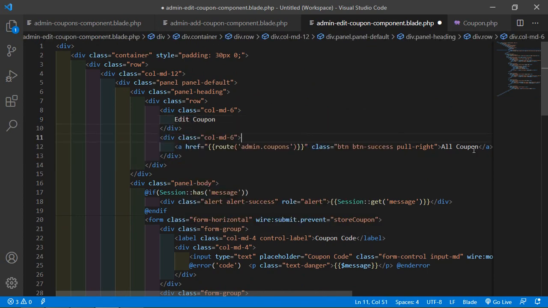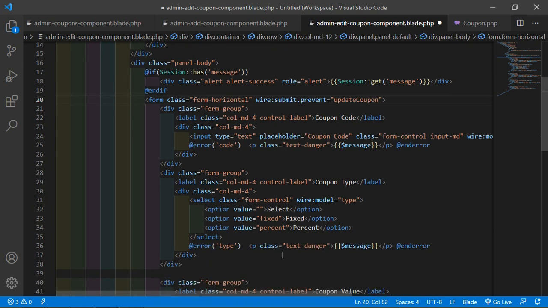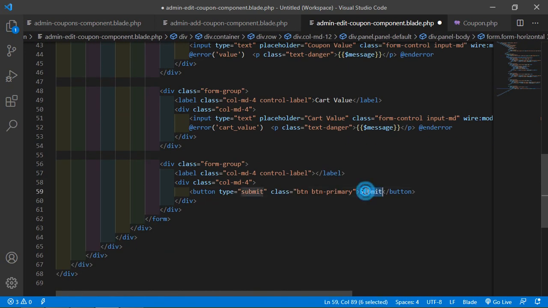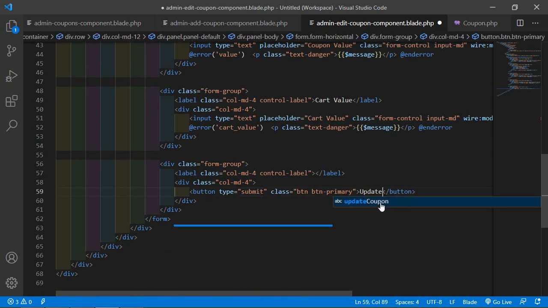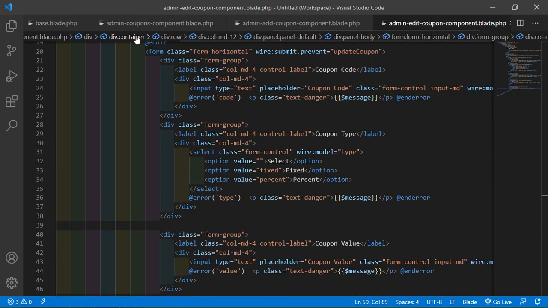Okay, and inside this form change the function name to update coupon. Okay, and now everything is good, and also change the button text to update. All right, now save this file, and now go to the